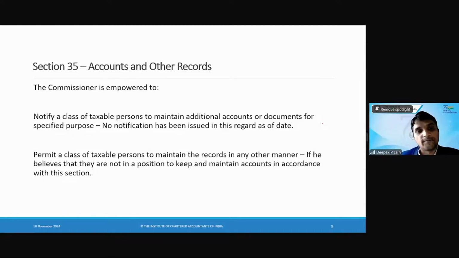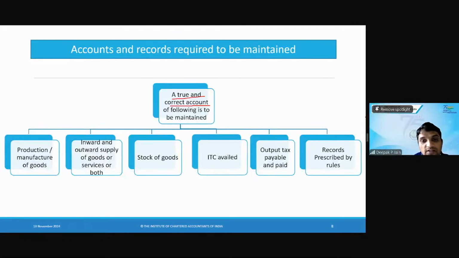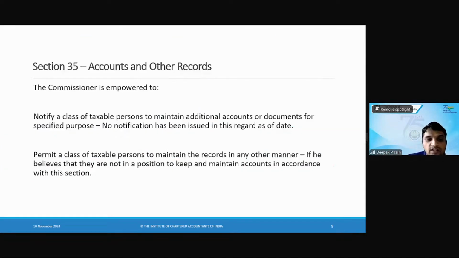Now, the commissioner is empowered to notify a class of taxable persons to maintain additional documents. These documents are already in section 35. There are 1, 2, 3, 4, 5 types of documents, and the fifth is what is prescribed by the rules. So 5 is there. Now, what they say is the commissioner is empowered to notify a class of taxable persons